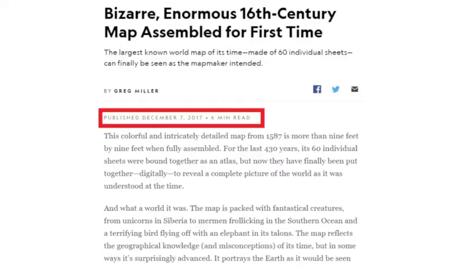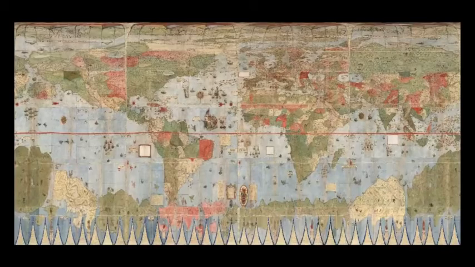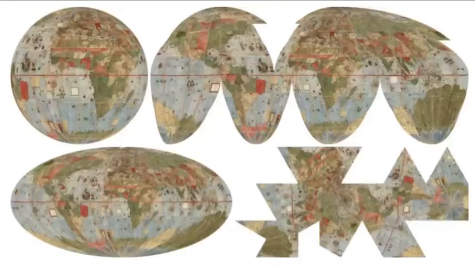It's also interesting that it has been arranged as a planisphere. The huge individual sheets of this map were originally arranged as an atlas projection, but David Ramsey purchased the map in 2016 and the team got to work scanning each sheet individually and processing them digitally to wrap around a